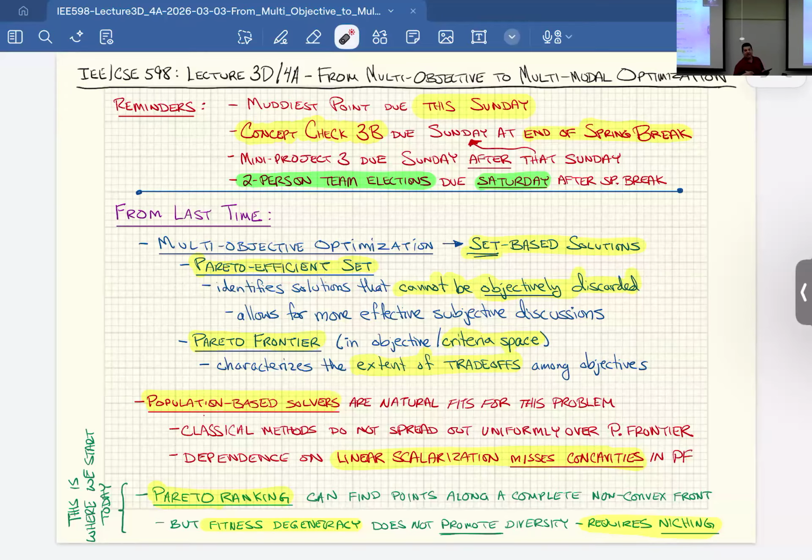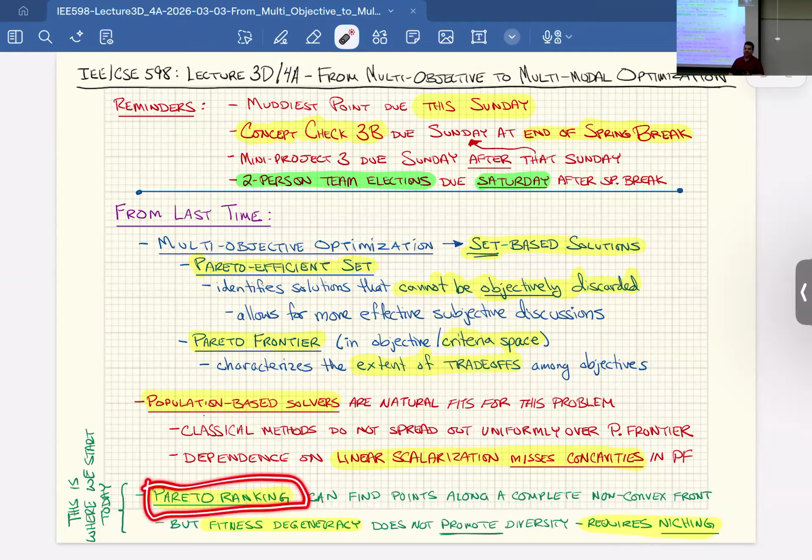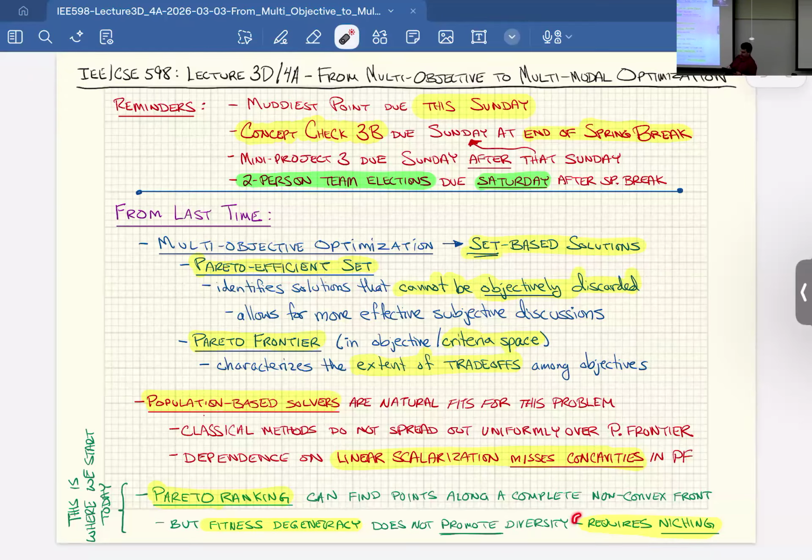So what we started talking about last time was a new innovation in fitness, or at least newer at that time, this Pareto ranking approach, which rather than trying to come up with random trade-offs among objectives, those random weightings of objectives, gets rid of the weightings completely and tries to develop a fitness concept that's based on distance to the Pareto frontier. And then once you're at the Pareto frontier, it worries about spreading things out. And that is going to introduce these niching methods, which become important to the next unit as well.